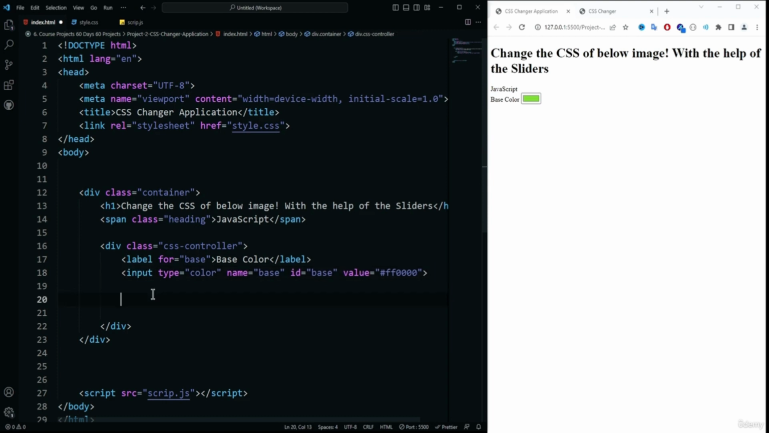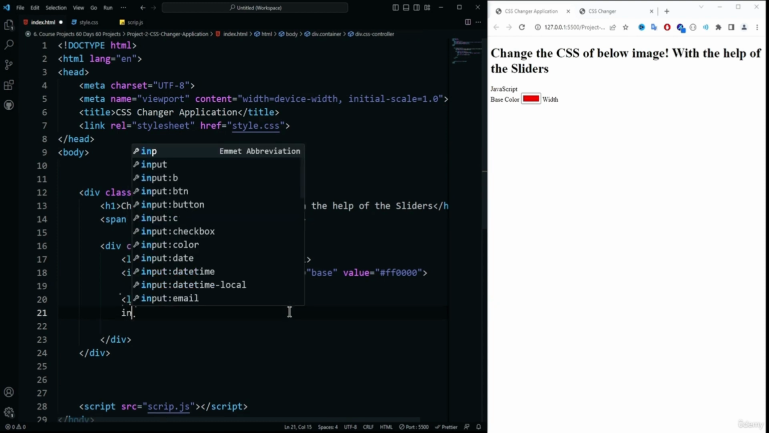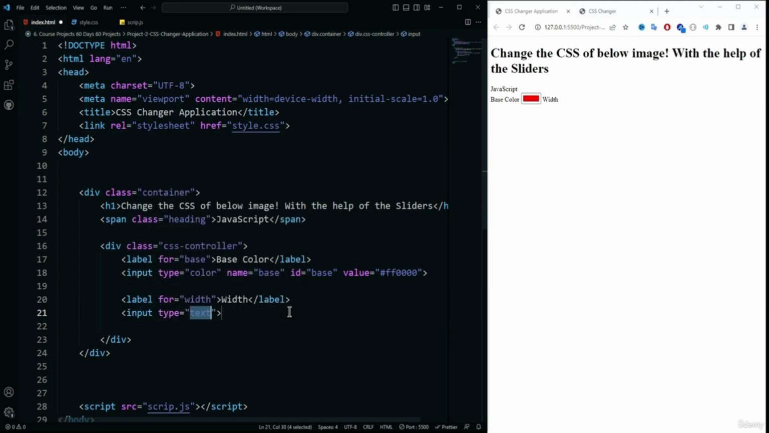Alright. And after that, we need to create another label. So this particular label is for the width. And then we need to display the text, which is also width. Okay. And you can see now the text width has appeared. Then we need to specify the input type. So input, the type is going to be like range. And then I'm going to split this into multiple lines like this. Okay, so type is going to be range,